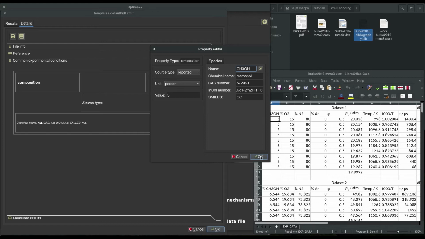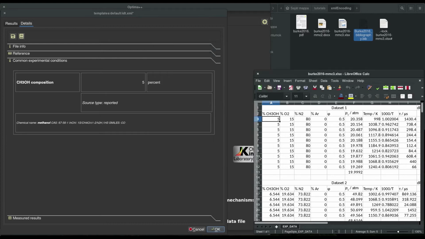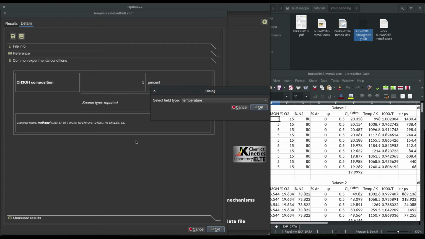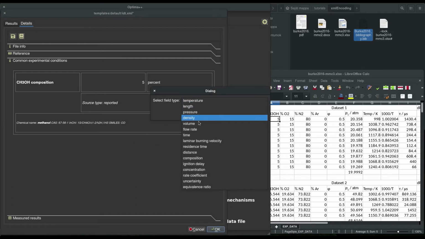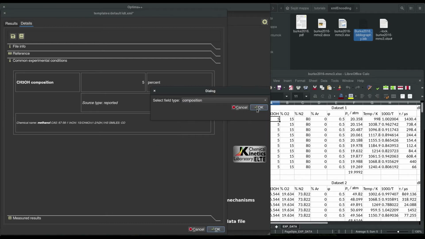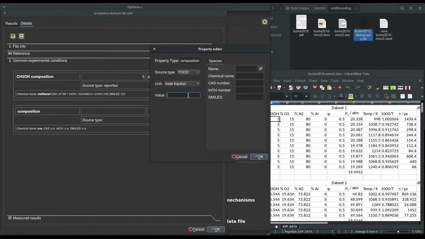Now I'm ready with the methanol composition. I repeat the same things for the oxygen and nitrogen data.